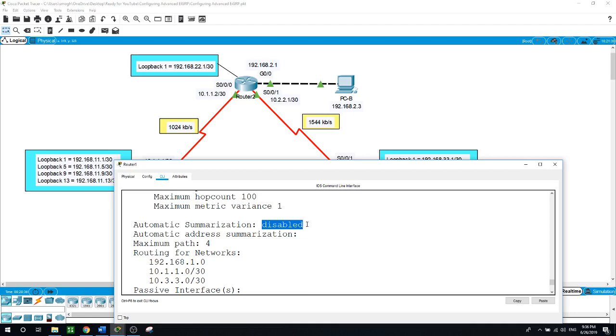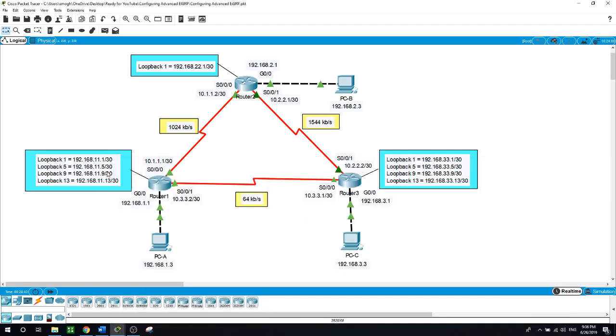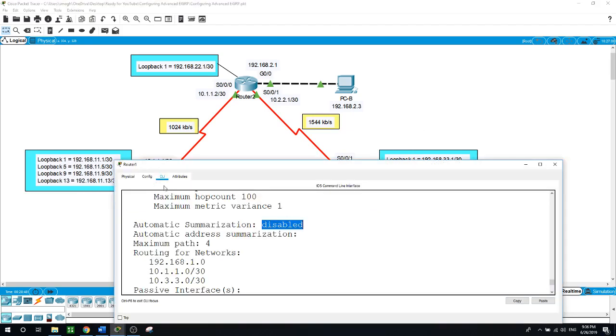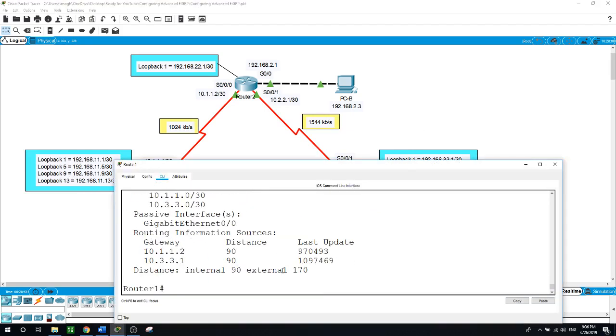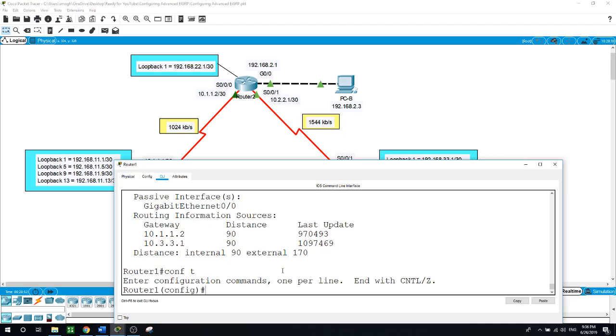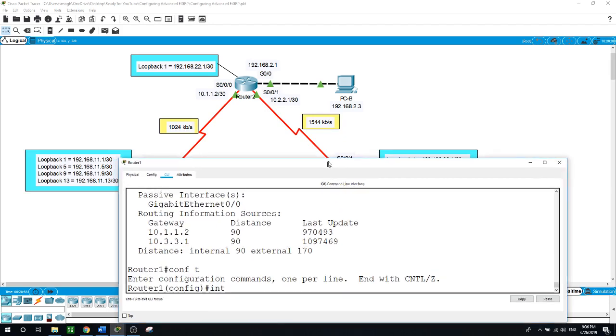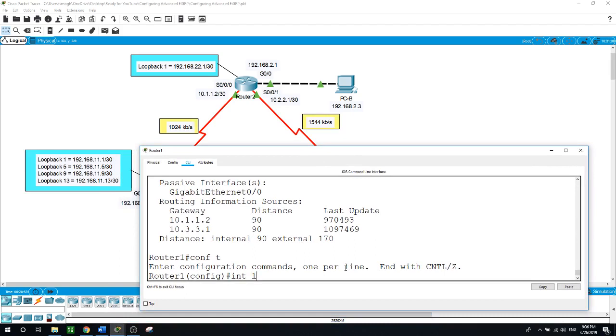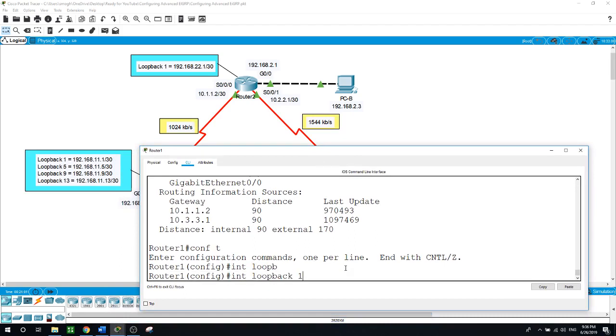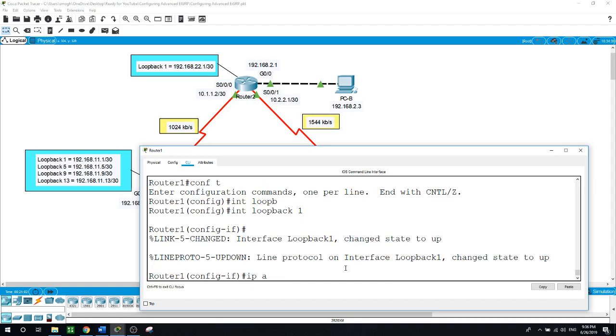Now, I will configure the loopback addresses on router 1. This is router 1, and these are the loopback addresses here on router 1. So on router 1, configure terminal, interface, I'll move this a little bit, for loopback 1, IP address of 192.168.11.1 with /30 subnet mask 252,